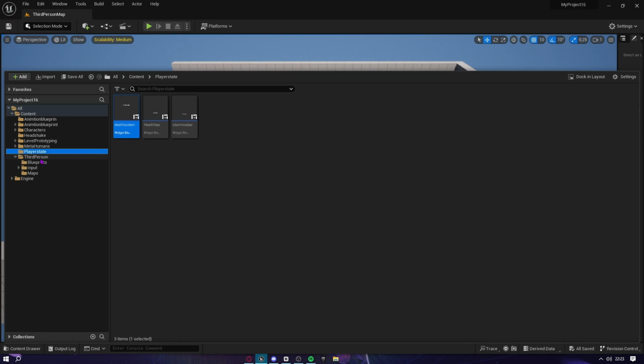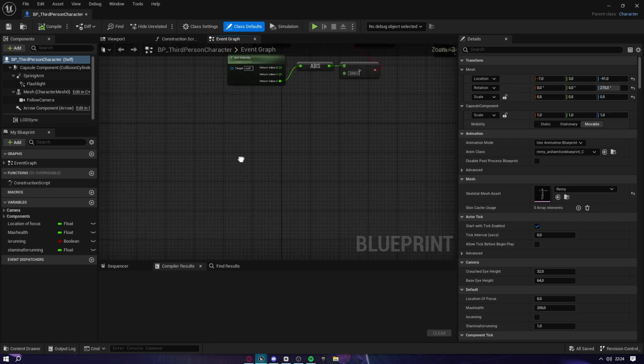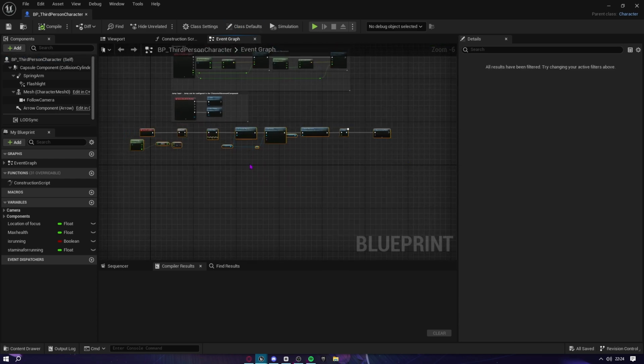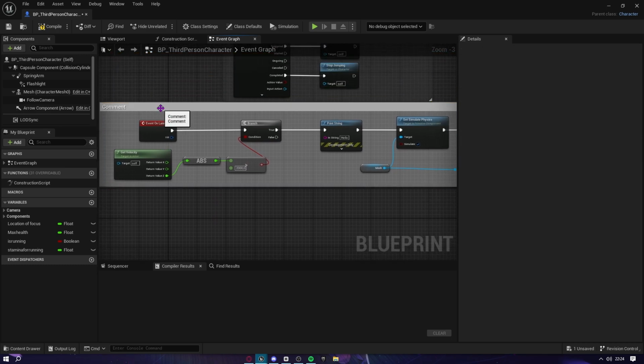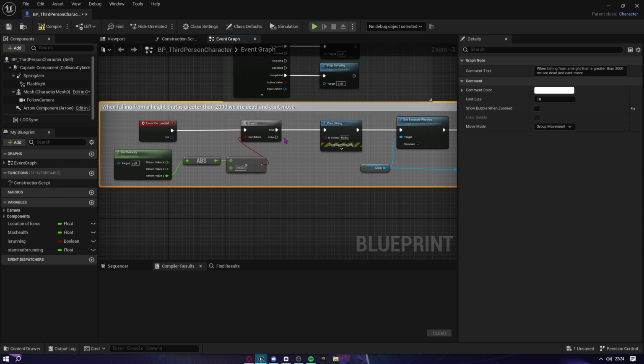Then we go to the third person character, we're gonna open it. In here we're gonna press right click. First we're gonna create a comment, and we're gonna comment this here: when falling from a height that is greater than 2000, we are dead and can't move. Okay,